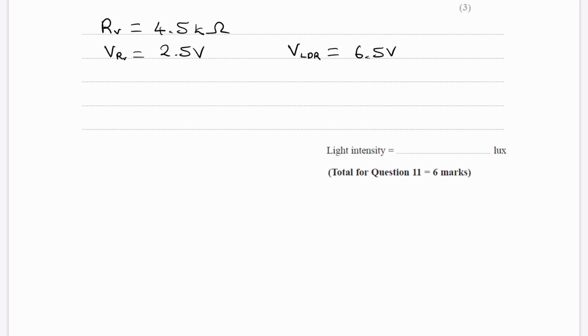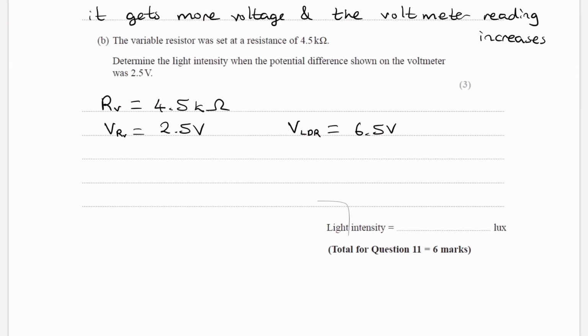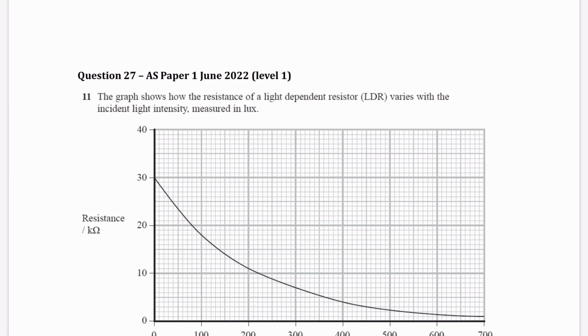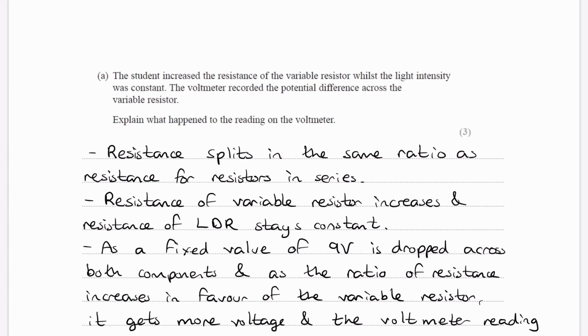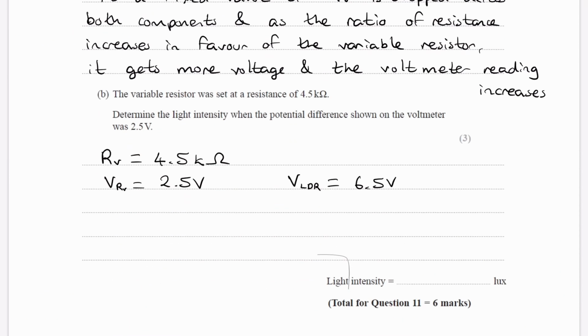We're trying to work out the light intensity. To do that, we're going to have to use the graph, so we have to know what the resistance is. We can then read off the graph and figure out what the light intensity would be. To work out the resistance, we have to use ratios. We know that voltage splits in the same ratio as resistance. That means that